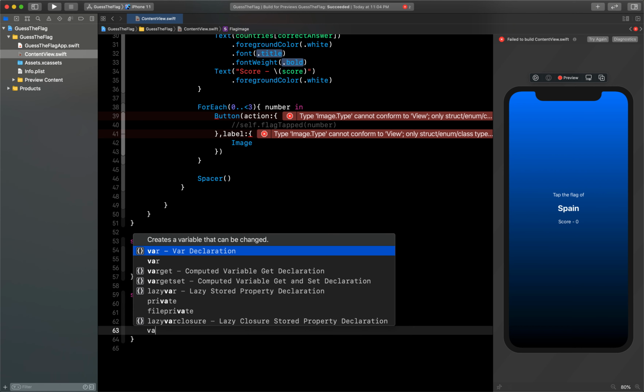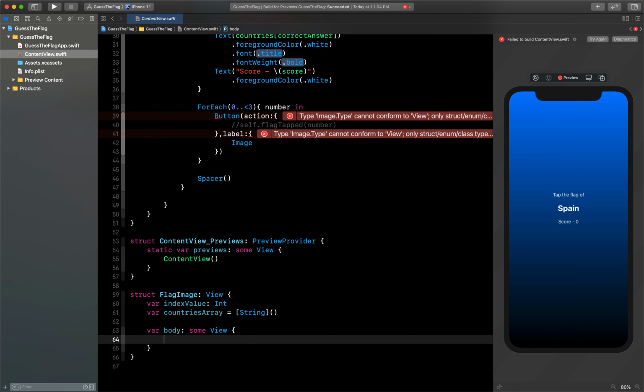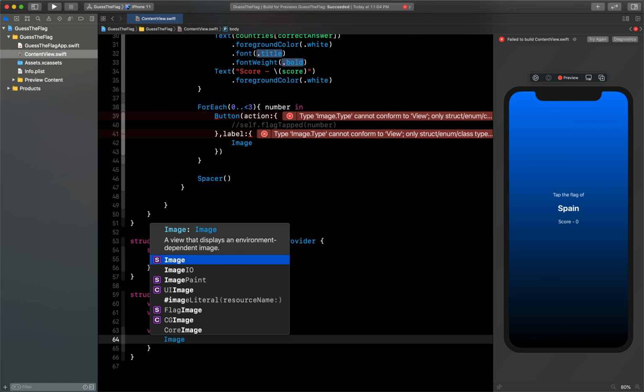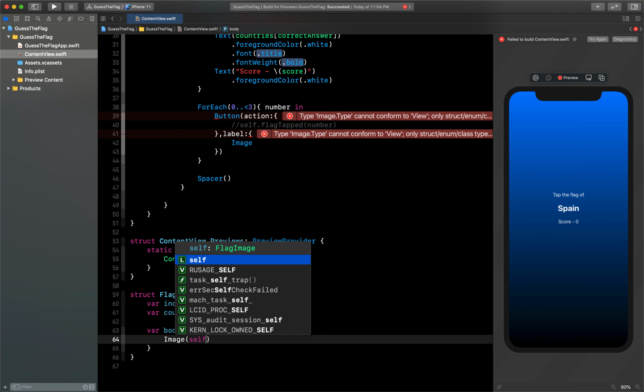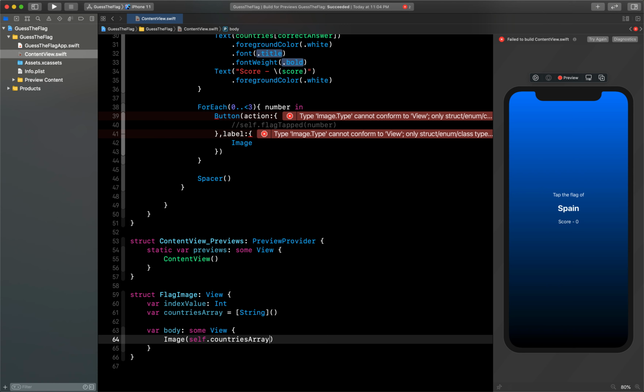Now we can create our body here. Inside this I just need to display the image, so I will say Image self dot countries name, which I have sent to this view, and from this I have to display the index value country flag.